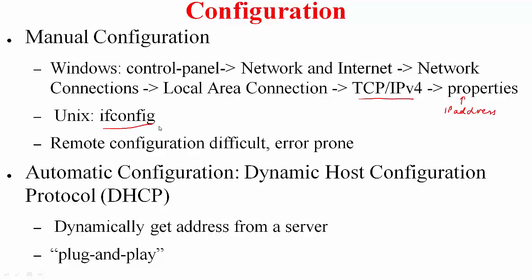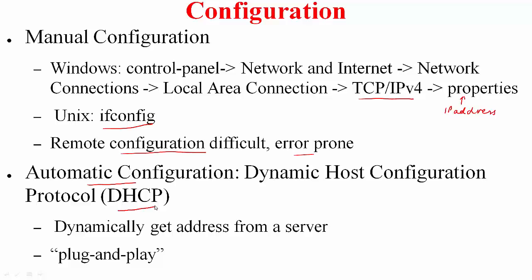But as I mentioned, this kind of configuration done remotely is rather difficult. This can also be error prone, especially if a human is involved. He may, for example, assign an IP address corresponding to a different subnet to someone who belongs to another subnet. So the best method forward is automatic configuration, and this is done via this protocol called Dynamic Host Configuration Protocol,